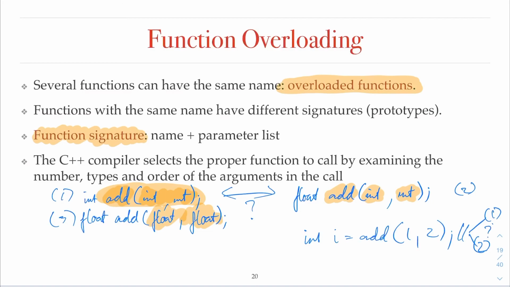In the end, what you see is that the return type doesn't make a big difference, but the signature is the important key point here. So you cannot do this. In short, you cannot have two functions with the same signature. That is why you can have several functions with the same name, but they must have different signatures. That's the rule of function overloading.